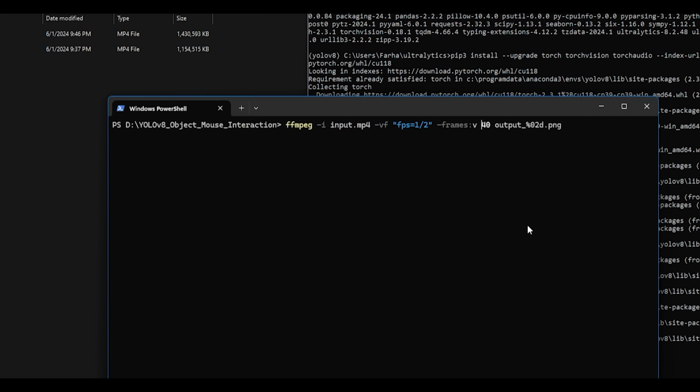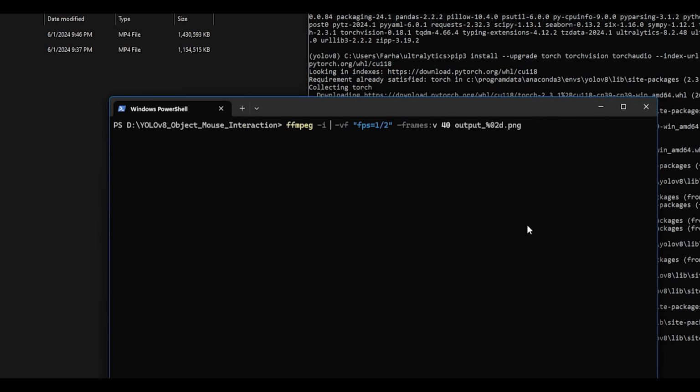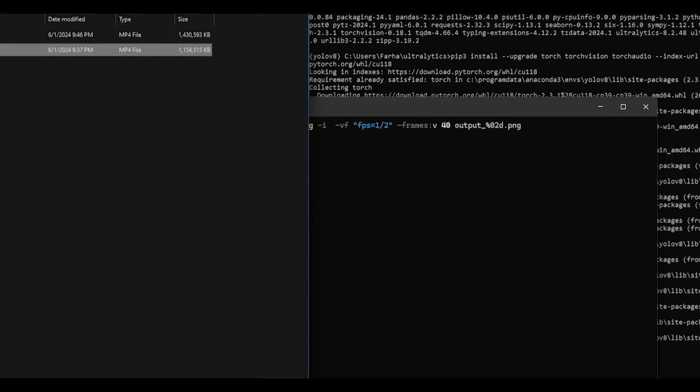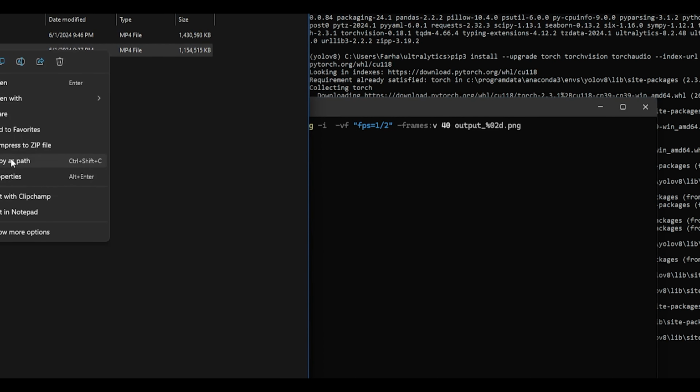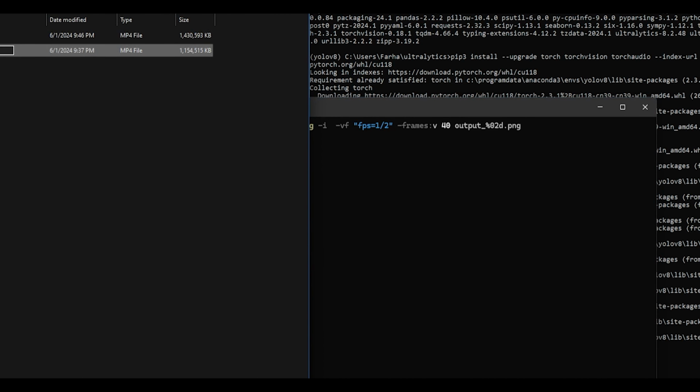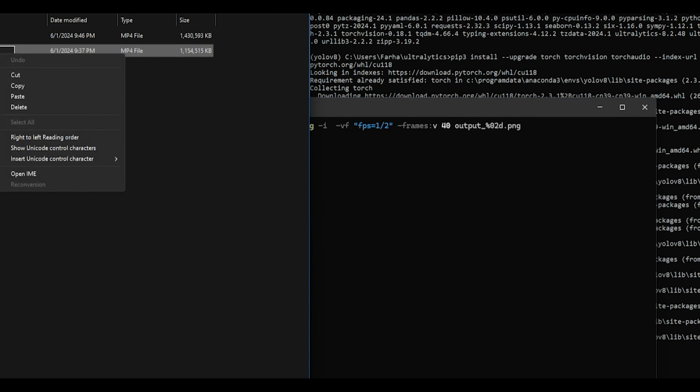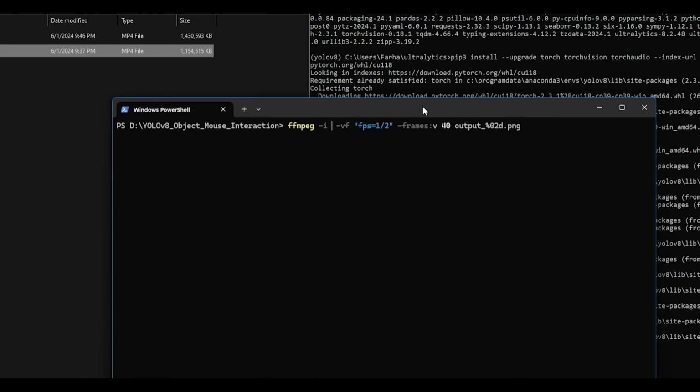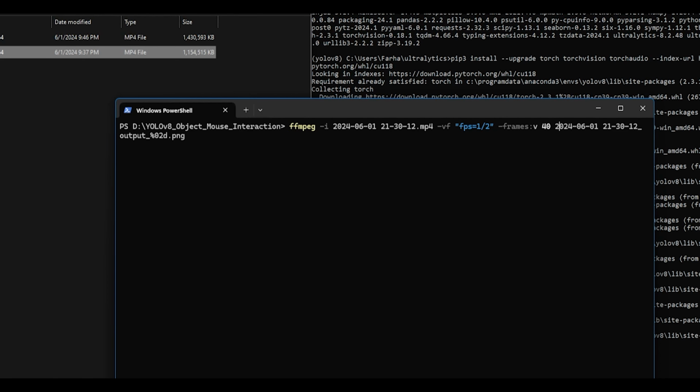If you have it, then go ahead and use the command that you see on your screen and modify this a little bit to put in the name of the video that you want to have the frames extracted from. So here I just put that in there. I copy pasted the name of the video, and here I'm inputting that name as the output path.